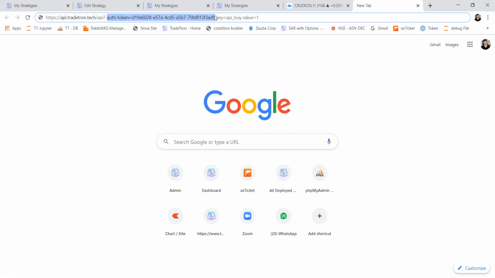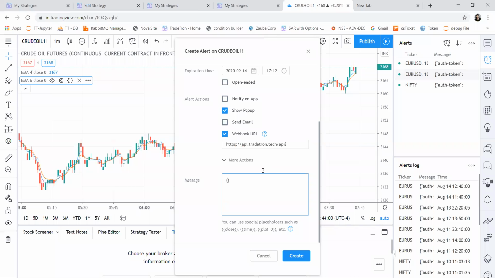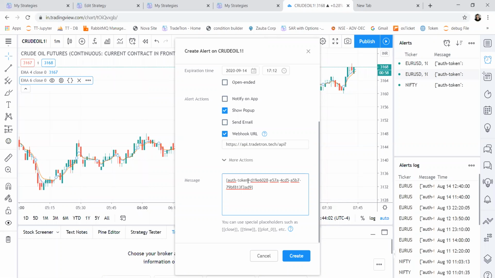Just copy this number and paste it here. For JSON, all the values have to be in double quotes, and a value is defined like this. This is the key and this is the value. That is the format of JSON.